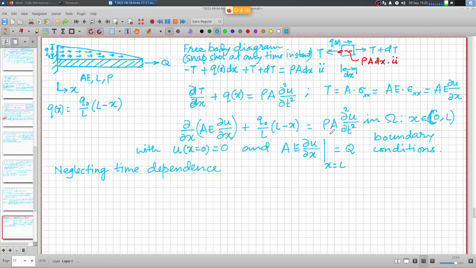So this is the governing differential equation and associated boundary condition. So if I neglect the time dependence, the governing differential equation becomes, the partial derivative will now become a total derivative